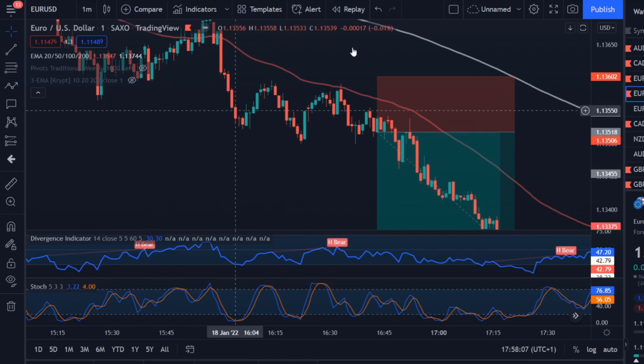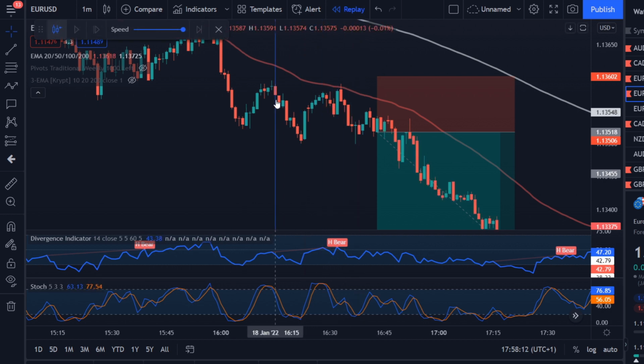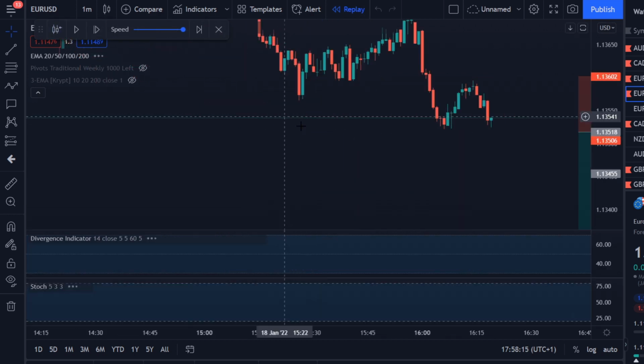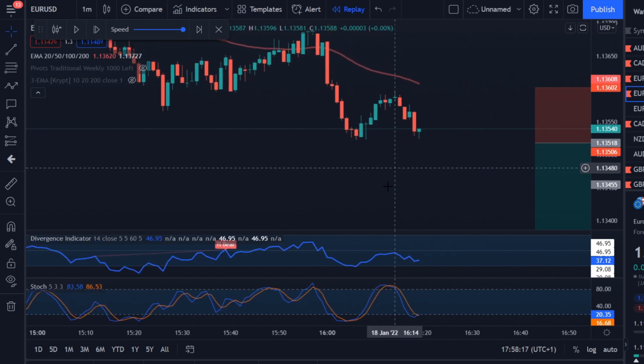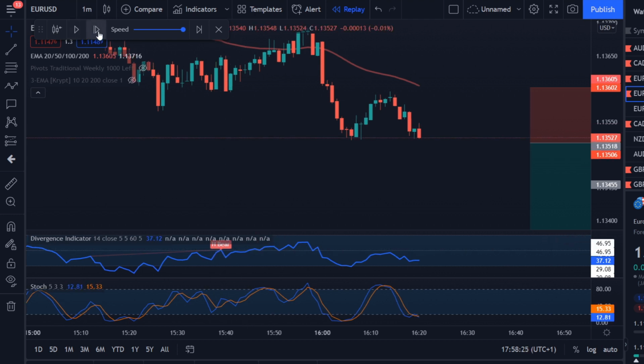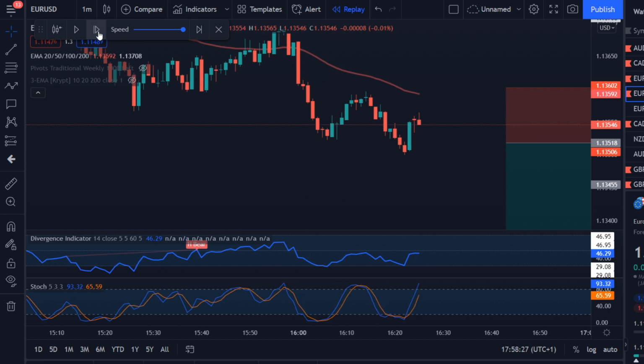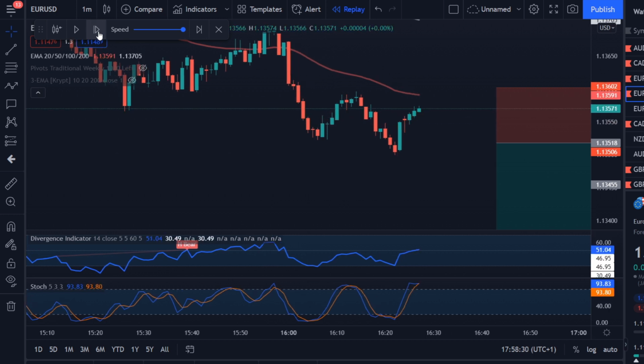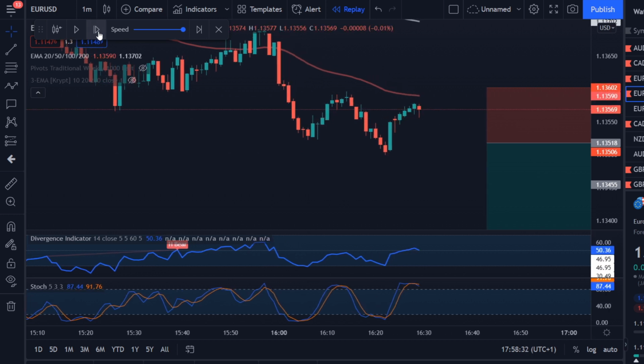I go back in time with the replay function to show you exactly what I mean. So now we do not see any indications, right? No H bear signal. Okay, over here then we see about here, in my opinion. Now we need to look for a hidden divergence, because this high is